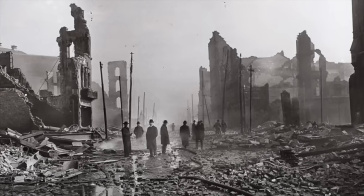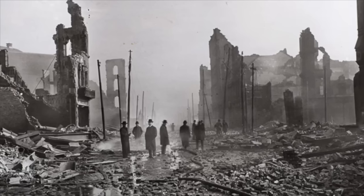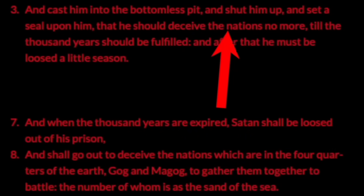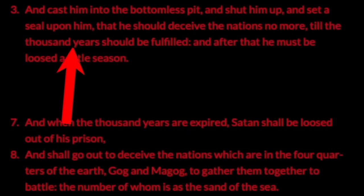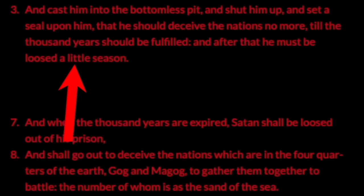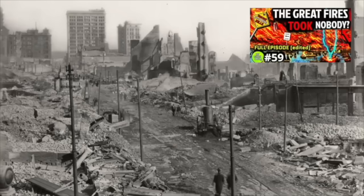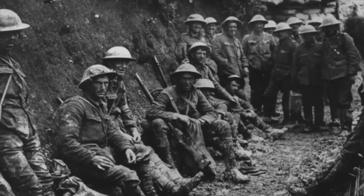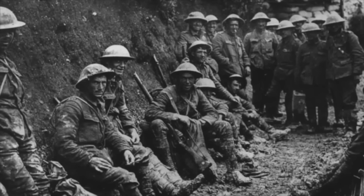Is this not something that the one that just broke out of the pit would do? That he should deceive the nations no more until the 1,000 years should be fulfilled. After he should be loosed a little season: catacombs, great fires, complete chaos, wars, total manipulation, worldwide confusion for decades,